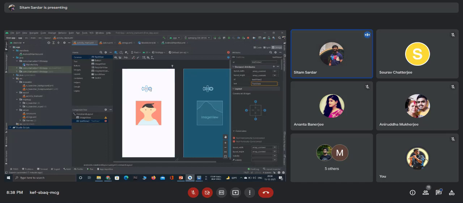Okay. So here I am also constraining it. And now I want to constrain it so it is always above the image, not above this parent.